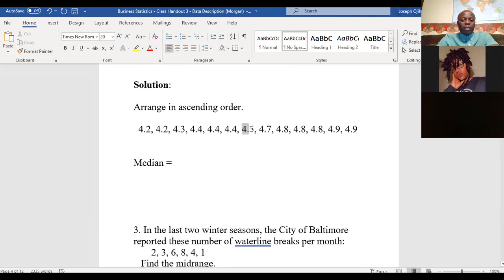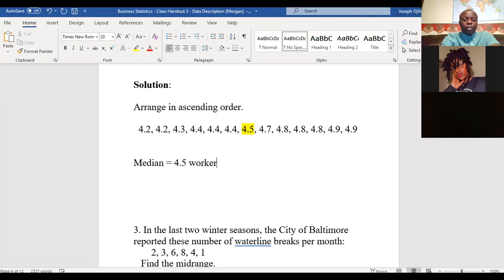This is the median right here, the number in the middle, because on this side we have 6, and on the other side, they have 6. So the median is 4.5